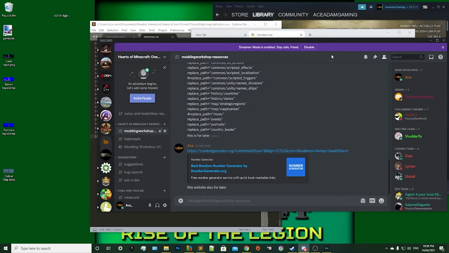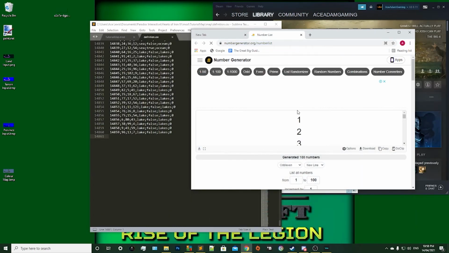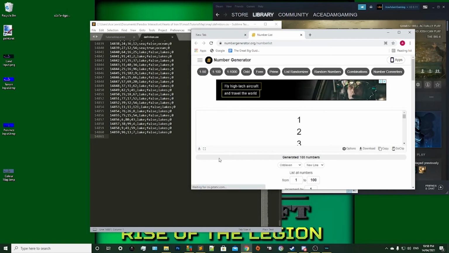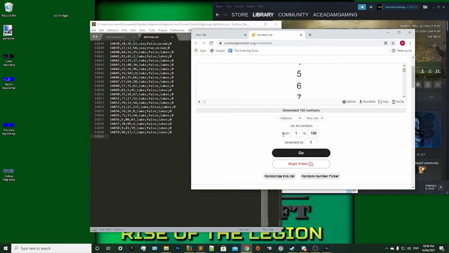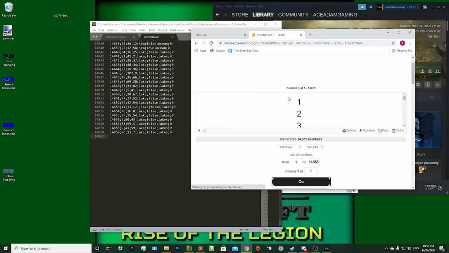What this will do is generate a list of numbers that you need, and yes, you need a list of numbers for the mod. So, a list of numbers from 1 to 100, that is not the number we need. We need 1,400,859. That is the exact number of provinces I have. It may be different for you, but what you want to do is then generate the number list, scroll all the way down to the bottom to make sure you've got the right amount of numbers, and then before you copy it